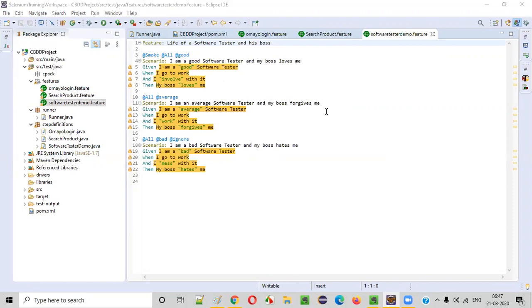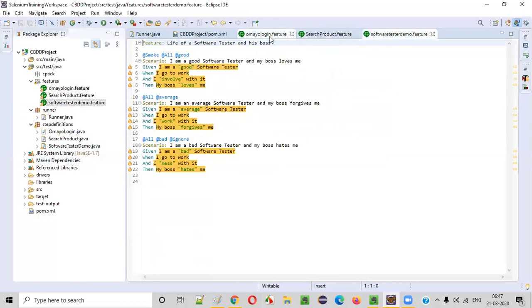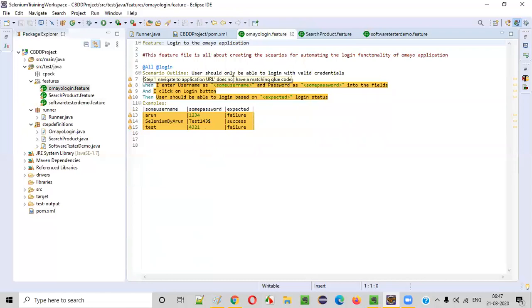I already explained in the previous sessions what to do when this kind of situation happens, where you open the feature files and they show you the highlighted steps even after the step definitions are available for those particular steps. Step definitions are already created, still you are getting the highlights. So the glue is not properly okay. There is no glue, they will say.